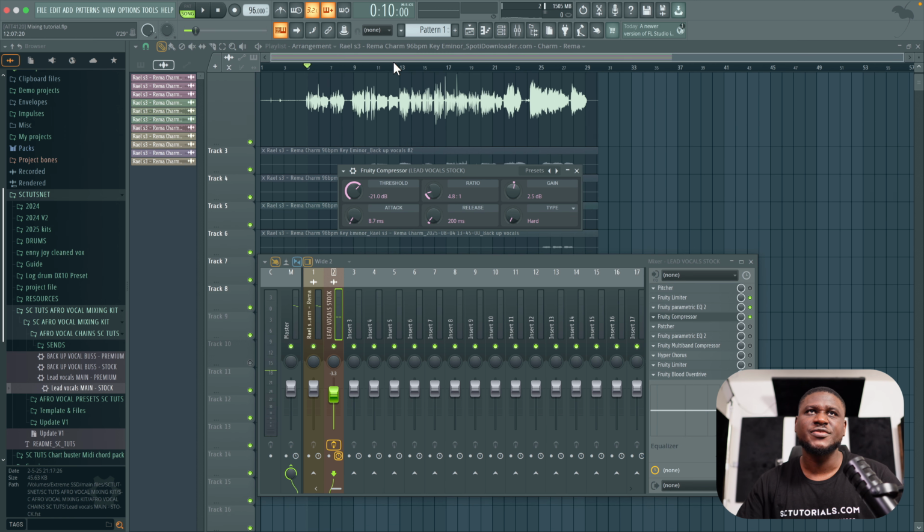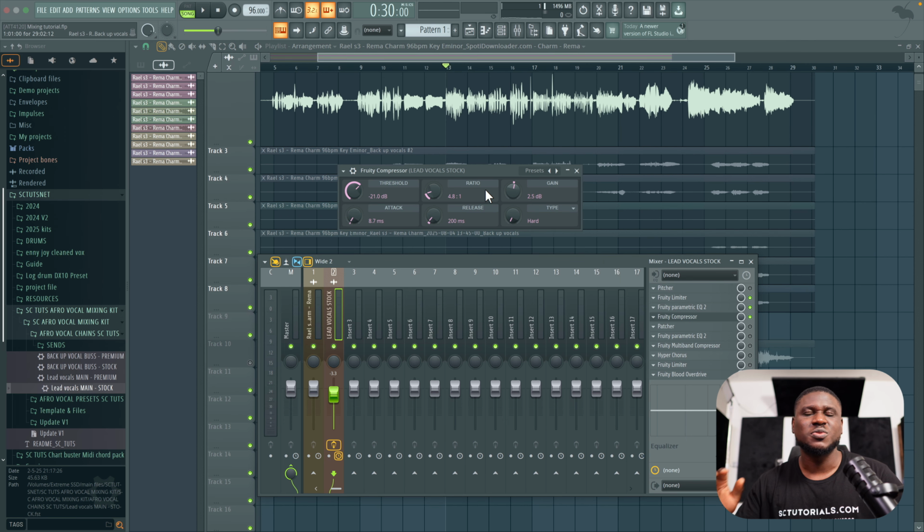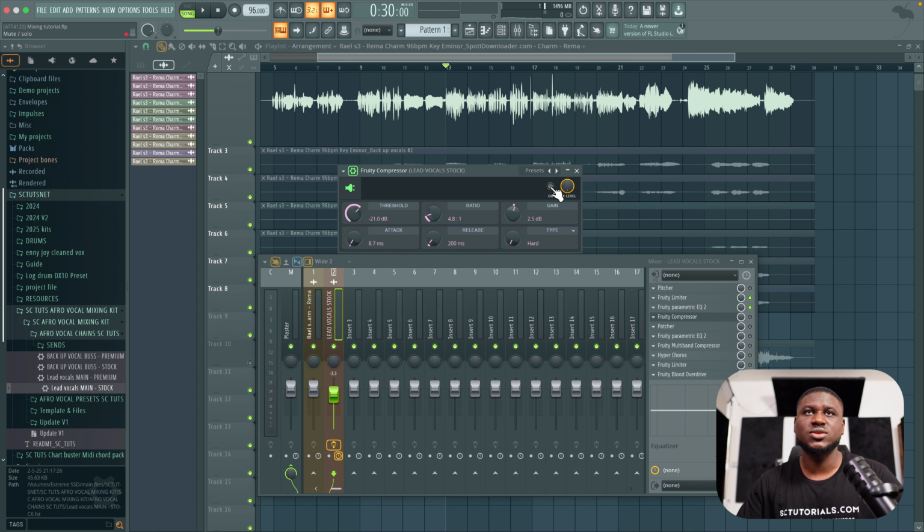Oh, now if I fast forward it to a part that's more dynamic, more inconsistent, you hear the compressor actually working. Because I know lots of people say they don't hear the compressor working, but trust me, compression is important in vocals. When I turn it up,